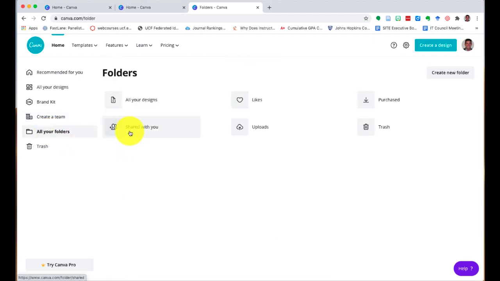And then you also have your organizational tool here with the folders. You can create your designs, likes, purchased items, you can trash items, you have all of your uploads and all items that have been shared with you. Again, I'm referencing you as the teacher, but these are all ways that it can be used from the student-centered perspective as well. So all of these folder organizational tools and creating the team can be done with students if we want to facilitate a collaborative learning environment rather than maybe an individual one for the